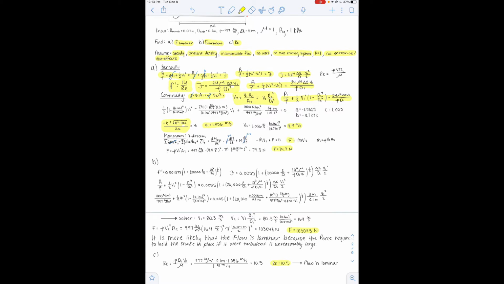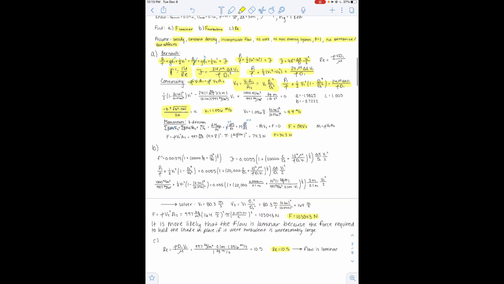Then the continuity equation was used to solve for V2 as a function of V1, and that was plugged into the equation above in order to get an expression that we could solve for V1 using the quadratic formula. From that, we found that V1 equals 1.056 meters per second and V2 equals 4.4 meters per second. Then a momentum balance was done to solve for the force, and the simplified momentum balance is F equals m dot times V2. So the force at that point is 74.3 newtons,